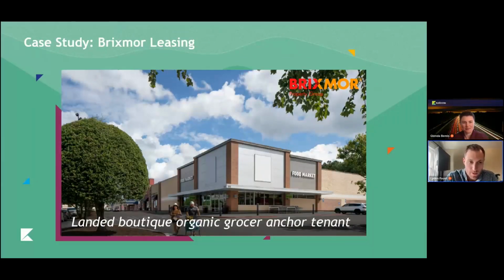And then another one, this is for a property owner, Brixmore. They had an open space for an anchor tenant in a retail location. The demographics would have indicated to a potential boutique organic retailer that this was not a perfect place and didn't check all the boxes. But when they showed this retailer that these people way over index on following Whole Foods, following Sprouts, and over index on visiting organic retailers, that helped the anchor tenant make the decision to buy that location. And so they were able to start building out that center. They were able to do that by looking beyond demographics into the behavior of those people.